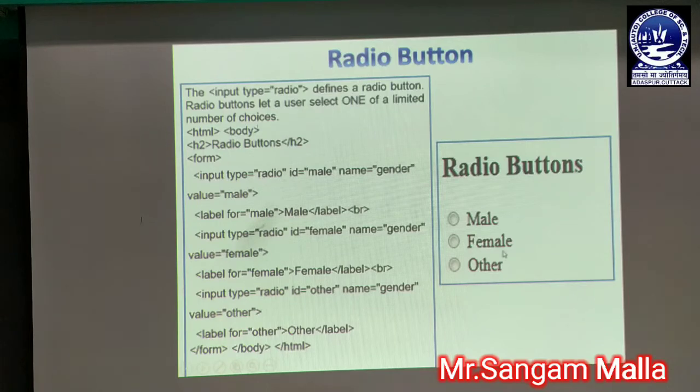After implementing the radio button, there is a label over here which has been given by the label tag. So label for female, and we have given female as the value under the label tag. So label is a container tag which contains the word female, and female has been printed over here. After printing the female label, the cursor will be in this position, so we have to move to the next line. So we have used the BR tag.